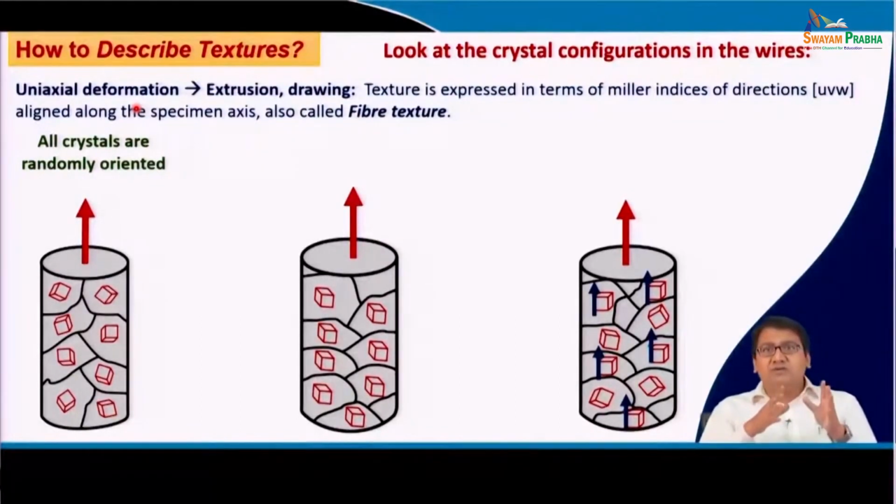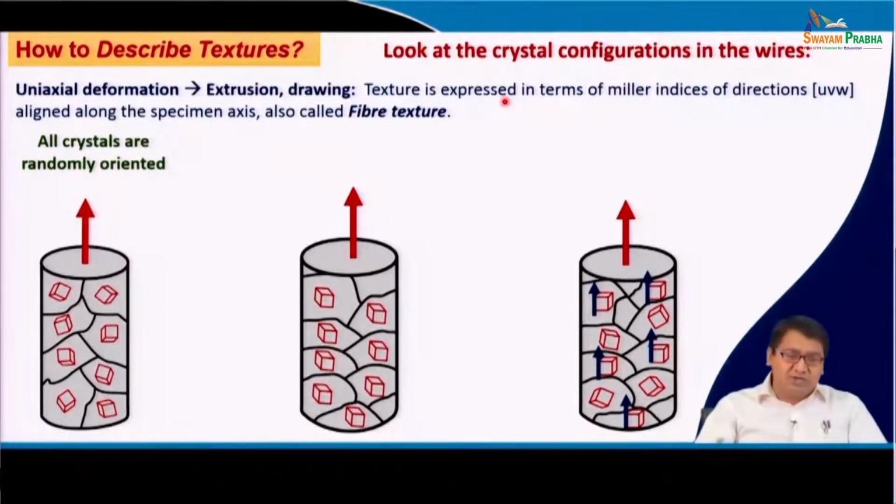So, if we look into uniaxial deformation, the texture is basically expressed in terms of Miller indices, that is Miller indices of the important direction. And what is the important direction for a material which is being extruded or drawn is the extrusion